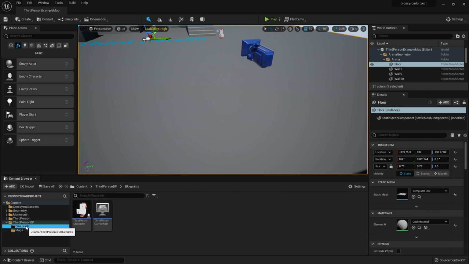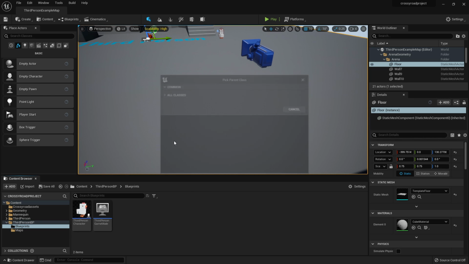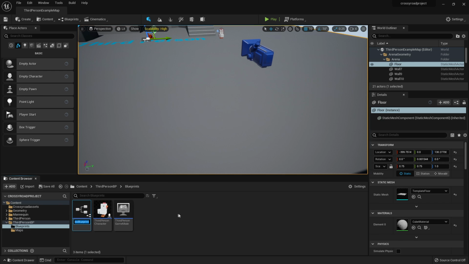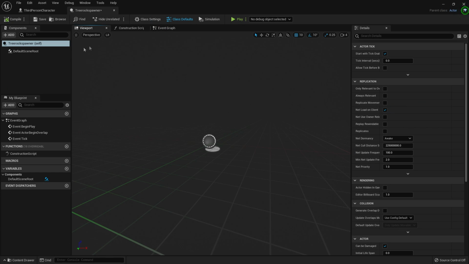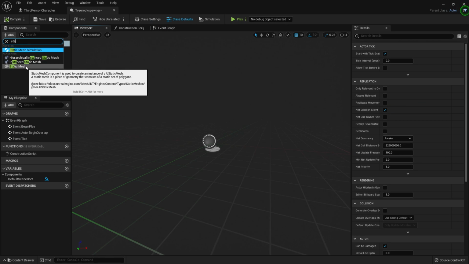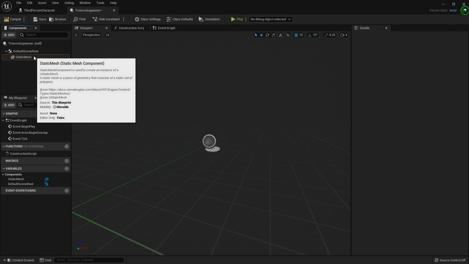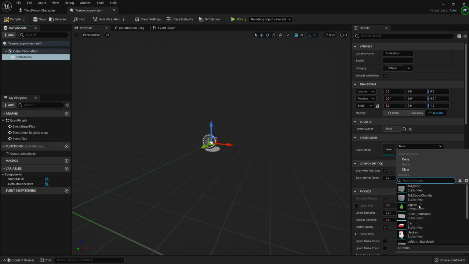So to set that up, if we go to our blueprints folder, we're going to right click and look for blueprint class and look for actor, and I'll just call this my tree rock spawner. And then if we head inside here and go into add and look for static mesh, and I'll just leave this as static mesh. If we select it and go to the static mesh and then look for big tree,